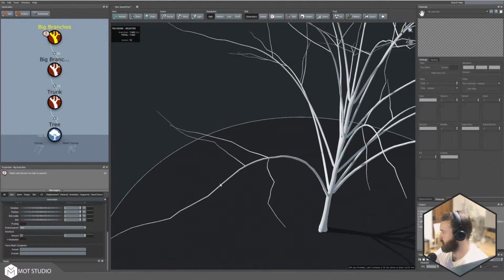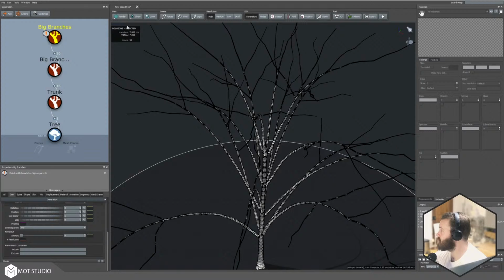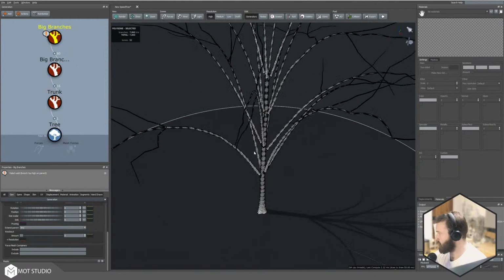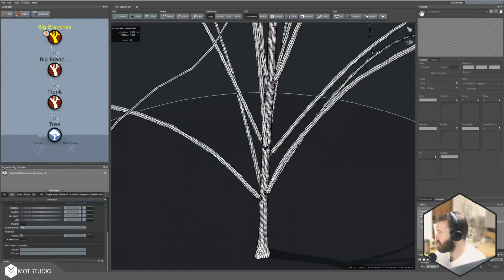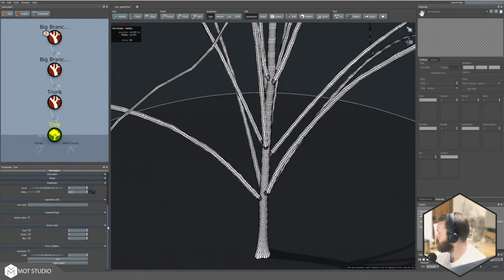So, next one. Obviously, we don't want them noisy like that, and we need to introduce a little bit more polygons to the mesh itself. In order to see that, just go to the render tab up here and just go to scribed. Okay, firstly, I don't like to work in triangles, so let's go to the tree tab here and let's scroll